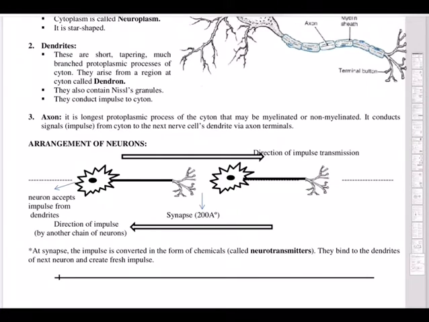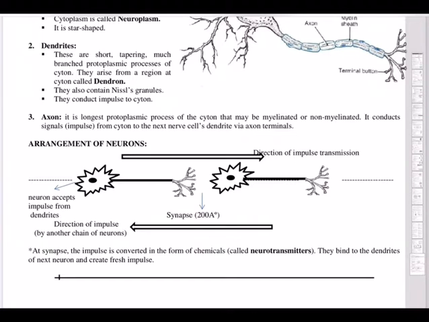It's a blessing in disguise, because the moment the impulse travels, there is a gap, and because of the gap, it jumps. The impulse jumps, like when you practice an obstacle course, you jump the pit, and thereby you save time. Walking over the distance of the pit versus jumping the pit, you save a lot of time. Synapse also saves time. The nerve impulse jumps.